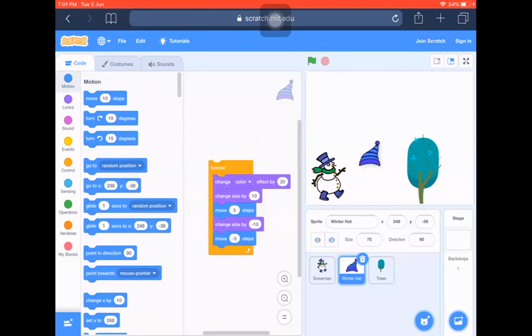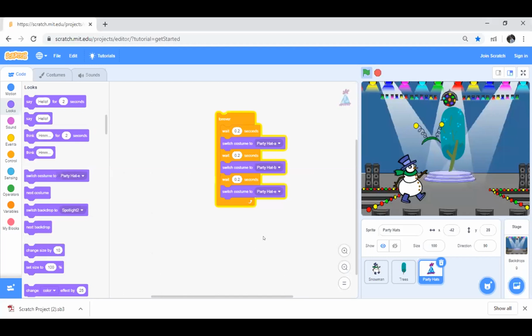Right. It came. Okay. Now we are going to add the last sprite over here, which will be a snowflake. So let me go to Krish's screen now. Krish, can you share your screen? So what do we have to add? Snowflake, right? Yes. But then the snowflake is too big. We have to change the size of that. Sir, how many snowflakes should we add? We will start with 1 and then we will see, okay?